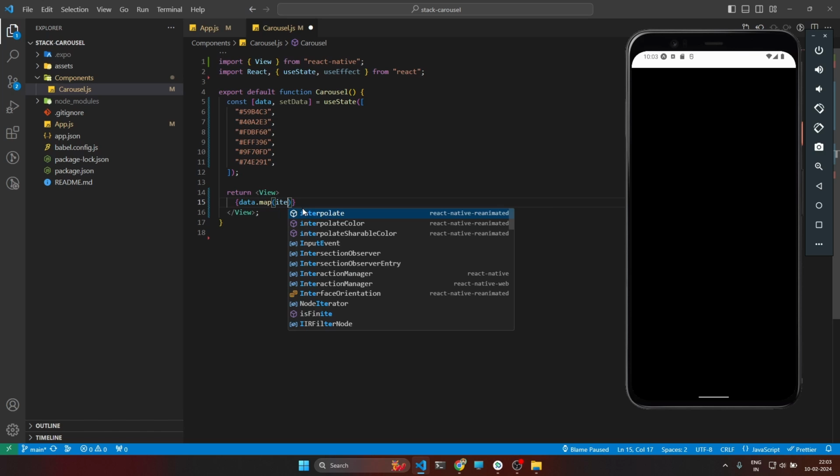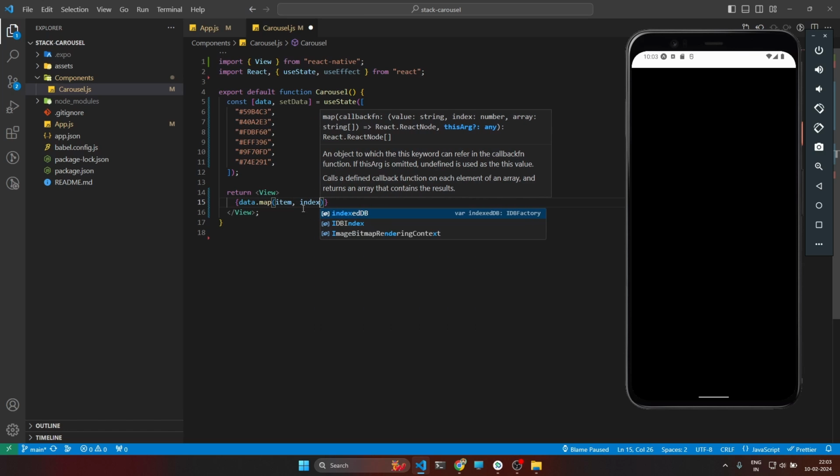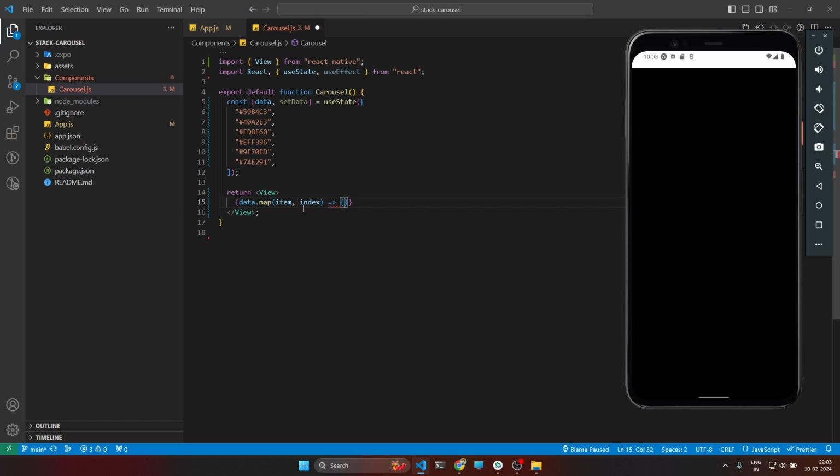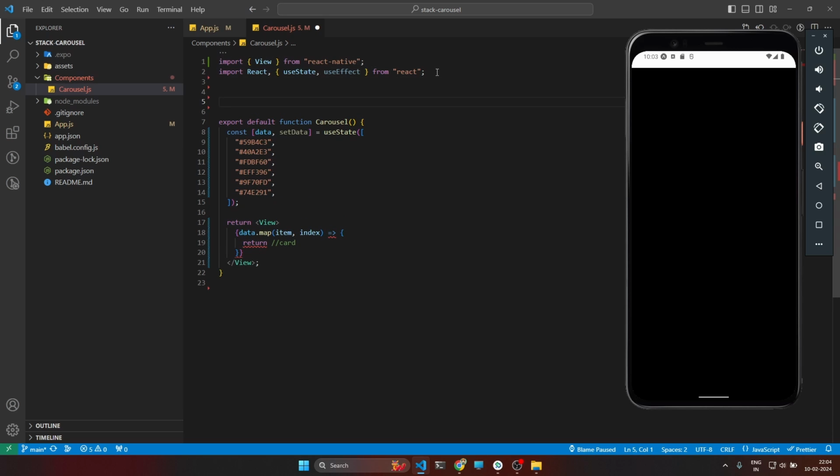Here we will get our individual item and the index of that item, and here we will return our card. Right now we don't have our individual card, so we'll create another component over here. You should ideally make it in another file, but I'm just gonna keep it here so that everything is in one place,